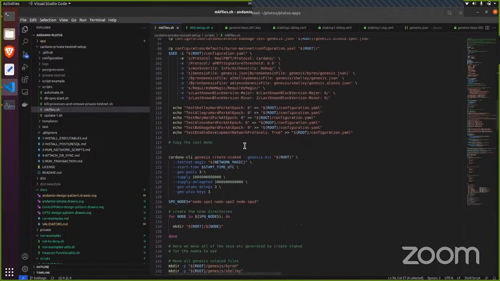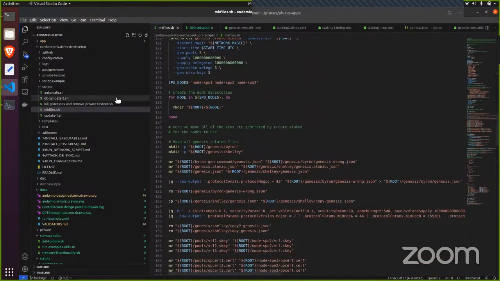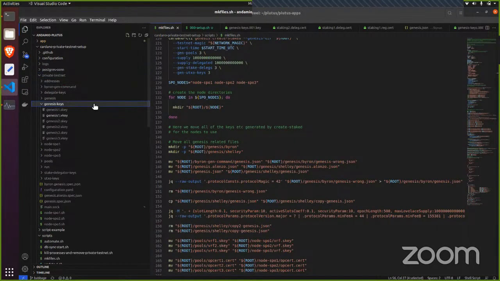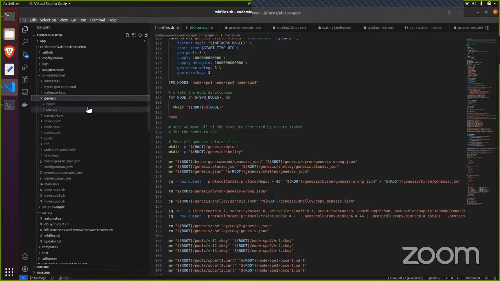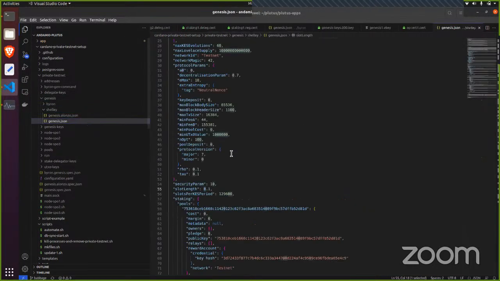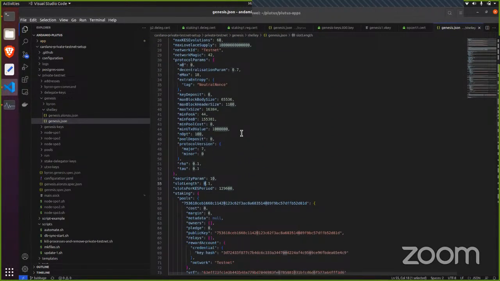Yeah, Adrian is correct. Inside the Genesis folder, in private testnet, there is a file called Genesis, and just Genesis, exactly above Genesis keys. Oh yeah, sorry. And in the Shelley Genesis.json, if you come down around line 40, you see that there is 16. So yeah, but